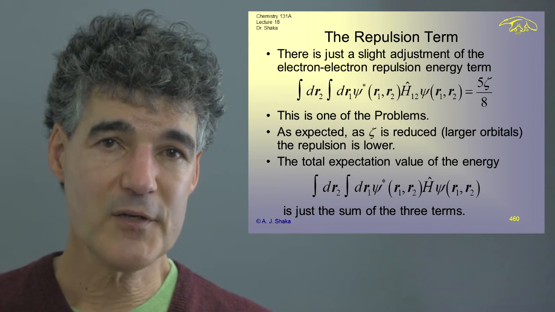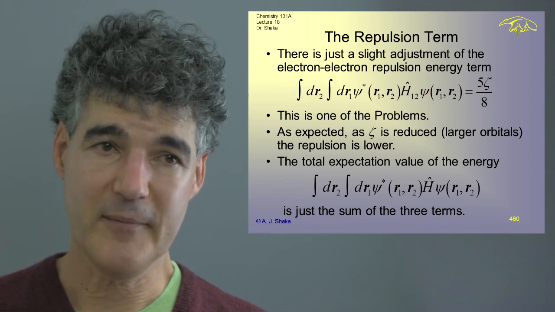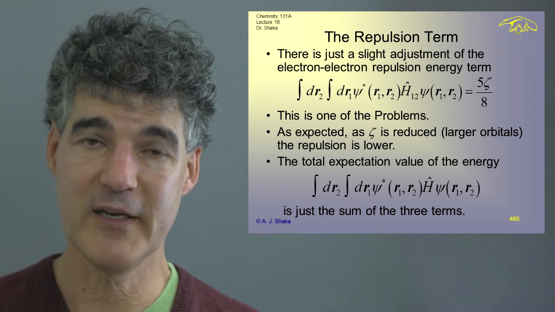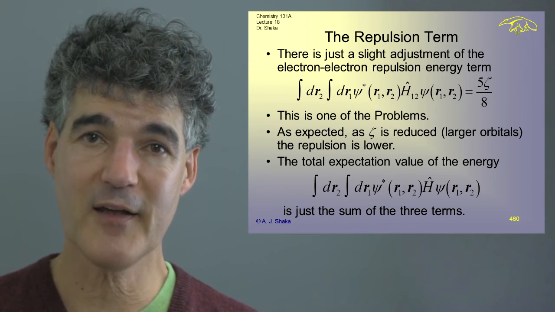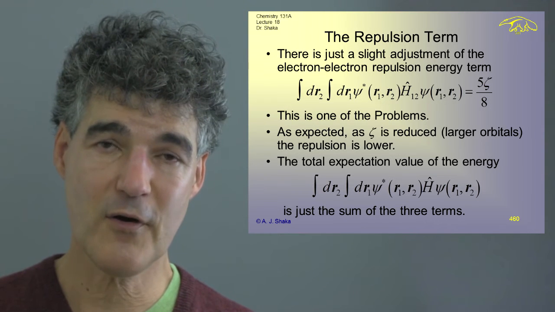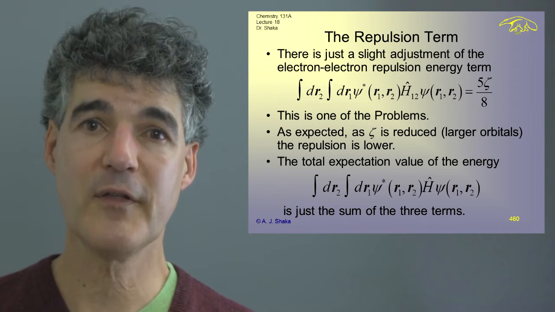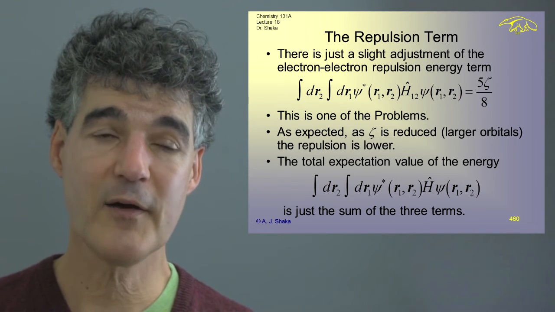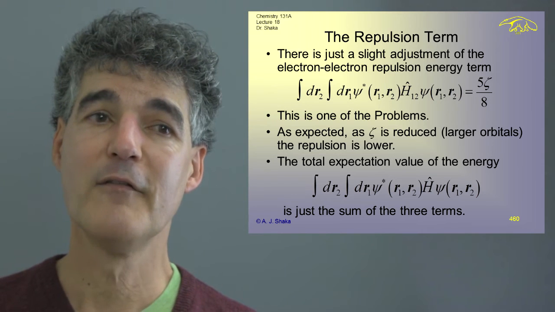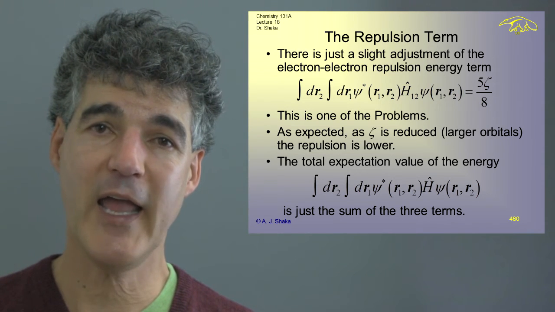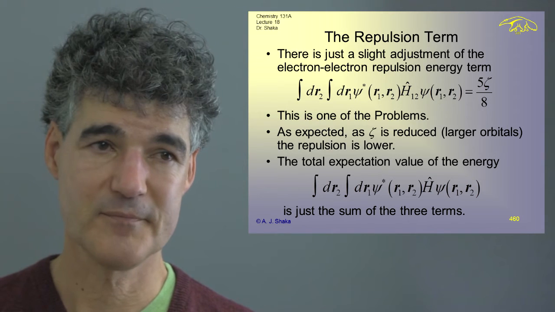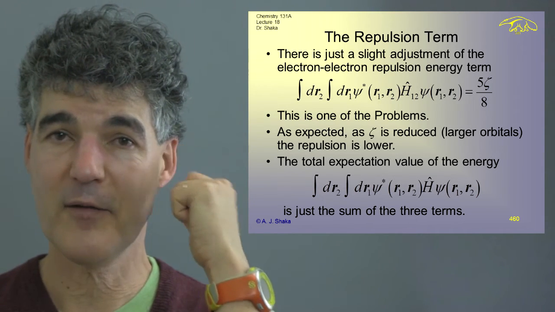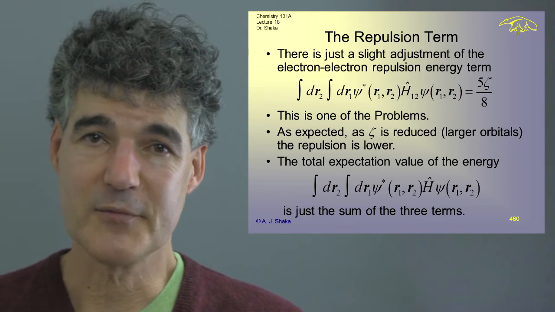The electron repulsion integral is the same thing, and I'm going to let you do that because that one we did in great detail with the sine theta and the conditional 2 over r1, and if you want to do that and you go through and you do it with a big piece of paper and a quiet room, you will get 5 zeta divided by 8 as the answer for the electron repulsion. And that'll be quite a lot of paper to hand in when you do it as one of our problems.